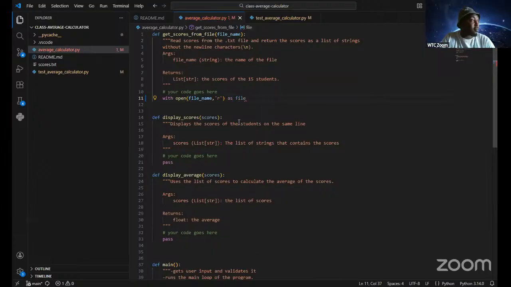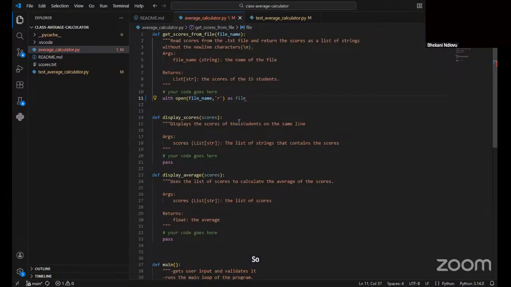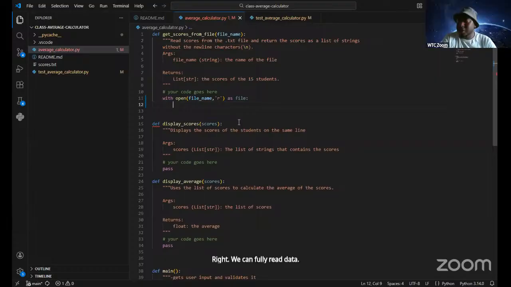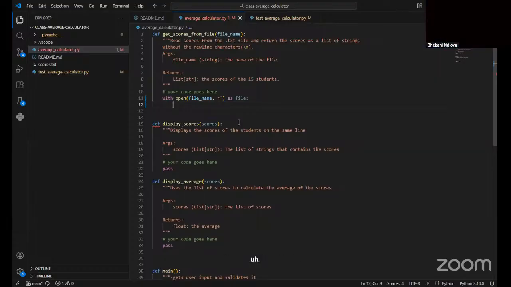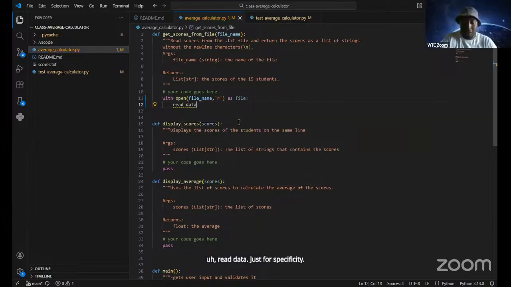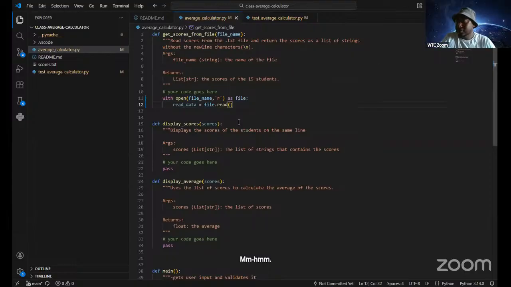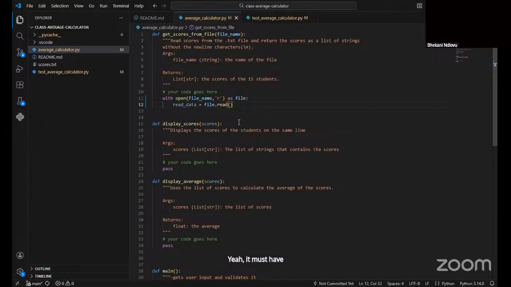Okay, so therefore, create a variable. You can call it read data, just for specificity. And then you say file, you call the variable file, and then dot read. And then you say clean,